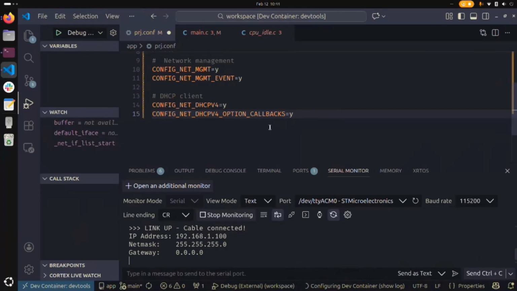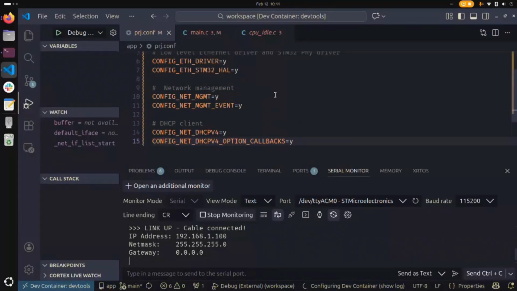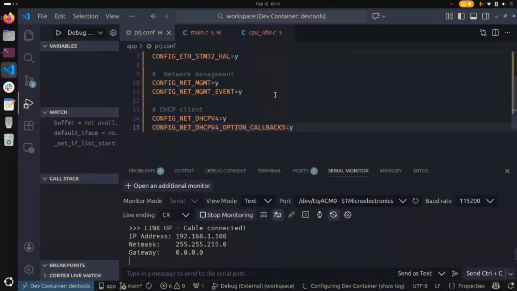We enable so many things because the networking stack in Zephyr is large enough to consume a lot of flash and RAM memory. But it's divided into several pieces that you need to enable. In this way, you are going to enable only the ones that you're going to need. So it's pretty much assembled through different steps, depending on your application and the networking stack that you're going to need. All right. So once we are telling it that we are going to use the DHCP client, what we're going to do is